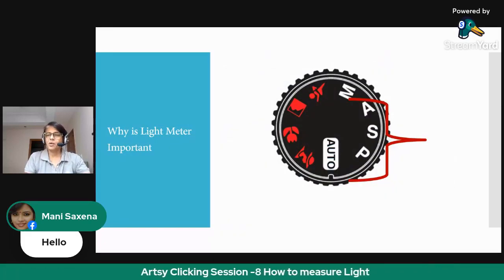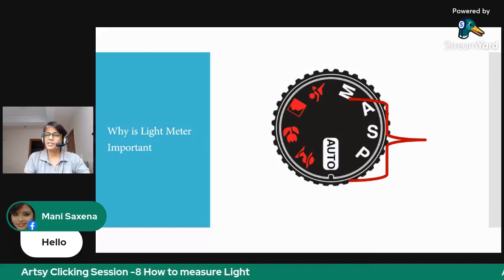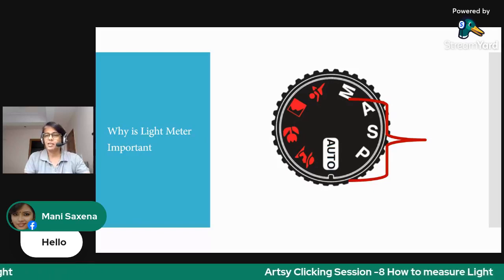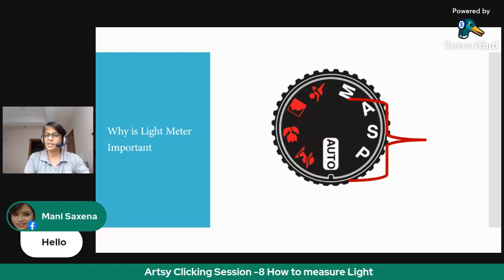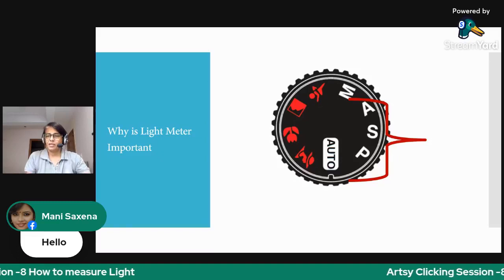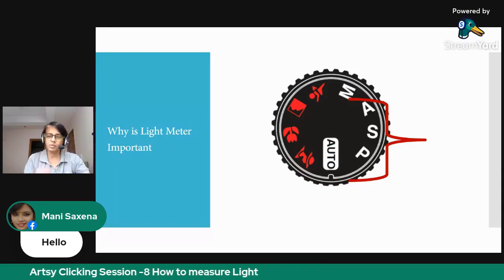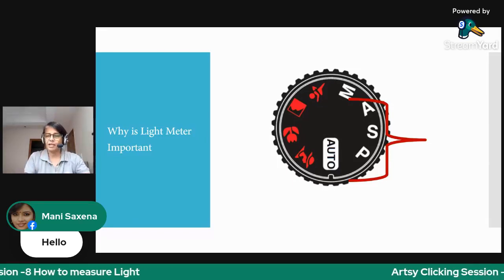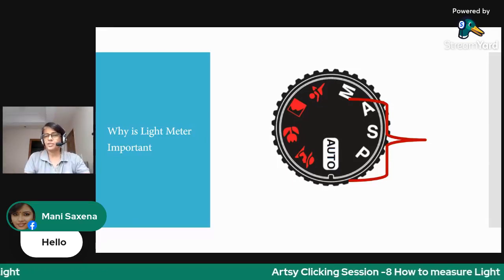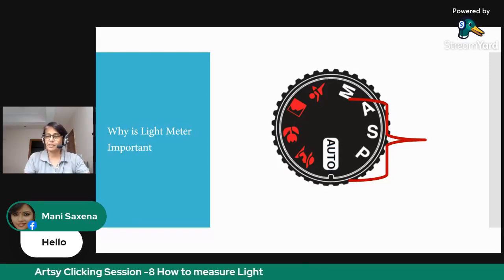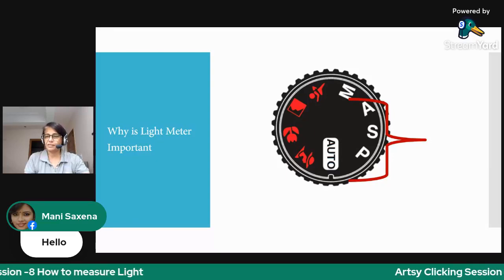So in auto and semi-auto modes, when the shutter is pressed halfway, the camera starts adjusting the aperture and shutter speed to get the right amount of light into the camera to get a perfectly exposed photograph. You must have seen this when you pick up your camera and point it in differently lit areas. Suppose you go outside the room and press the shutter halfway, you see the shutter speed and the aperture changing every moment as you change the direction of your camera.